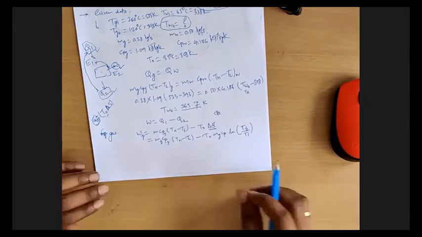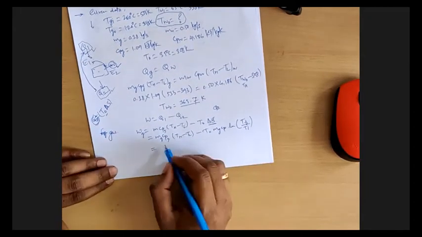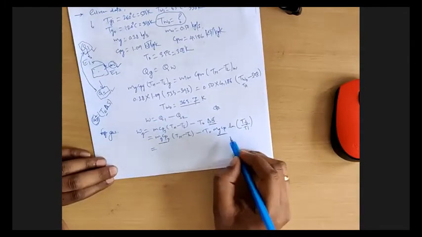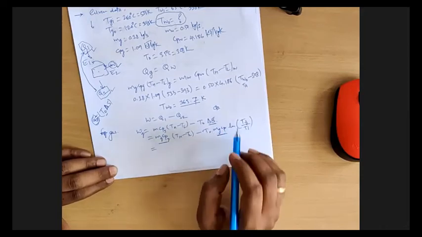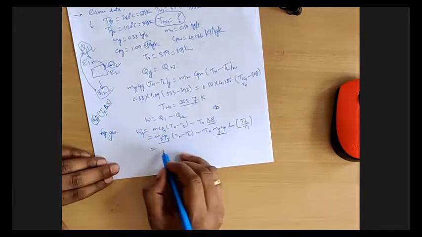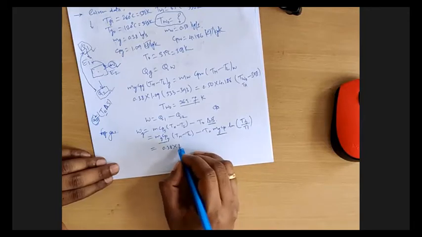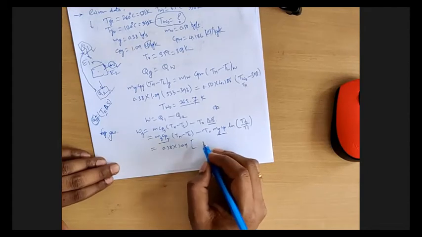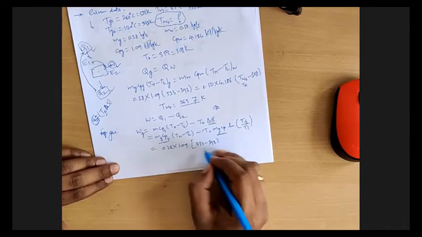Now put the values. Now you will be having two choices. MG and CPG is there in both the terms. So you can take that common and then put the values, or you can put values as it is also. So I'm going to take that one common. Mass of gas is 0.38 multiplied by specific heat is 1.09, and in the bracket T higher minus T lower, so 533 minus 393, that will be in one bracket,